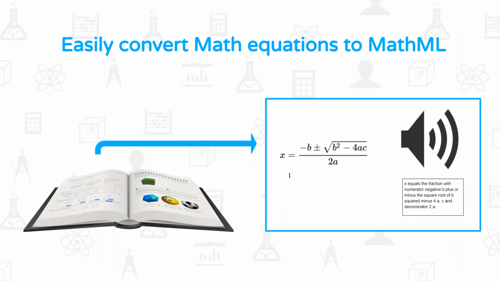One of the ways we do that is through the ability to take an image of an equation and turn it into MathML. It's going to look really similar to what I just showed you with the screenshot reader. There's a couple extra features in there that I'll be able to show you. But MathML is key to creating accessible content, especially for our blind low vision students who are using a screen reader to get content.